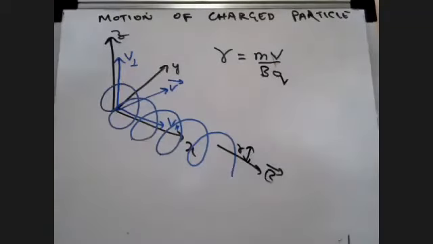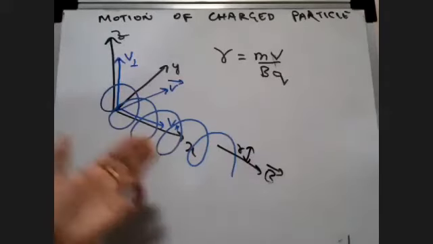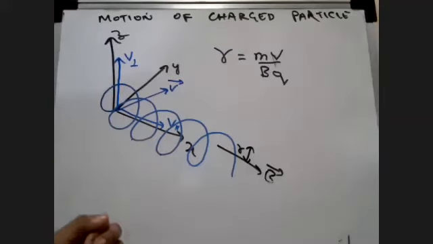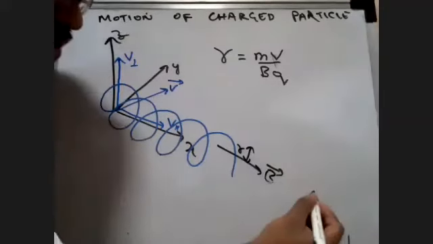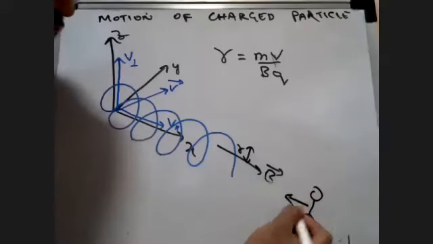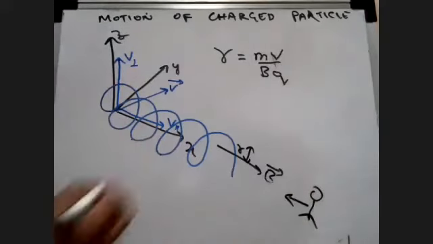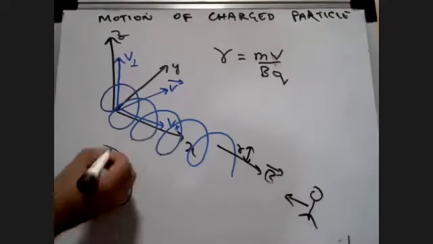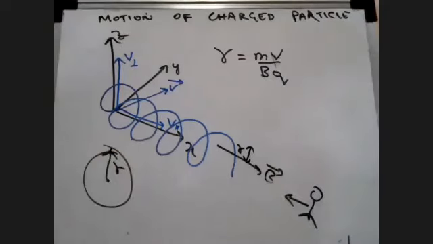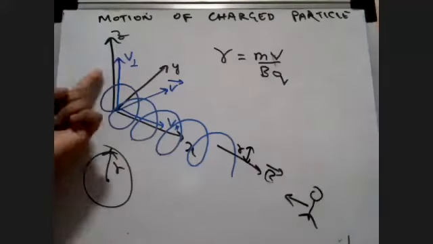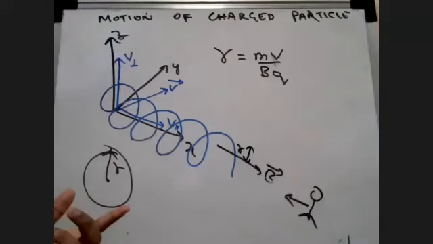But which velocity? If I'm asking you the radius of this helix, and you are viewing it from right here in this direction, then you basically see a circle. So you know that there is going to be some radius r. Due to which component of velocity are we getting a circle, students? Are we getting it because of V parallel or V perpendicular? Because of V parallel? Wrong answer.